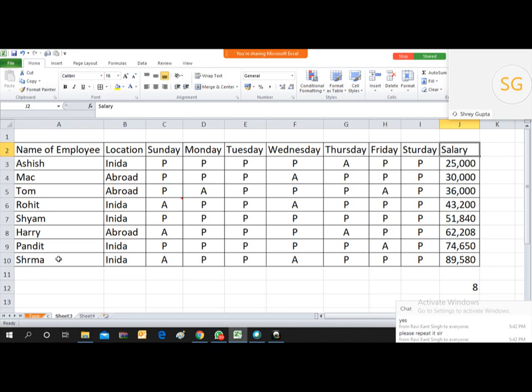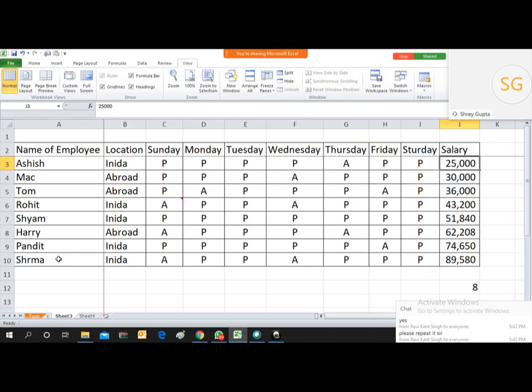Okay, so let me just repeat that countif function again, and then I'll cover countifs. Friends, if I need to know how many days Ashish was present or absent, suppose these are 30 days of the Excel sheet. There are 30 dates mentioned over there. Then you need to count how many days Ashish was present or absent. By using the countif formula, you can count, and you can also calculate it.